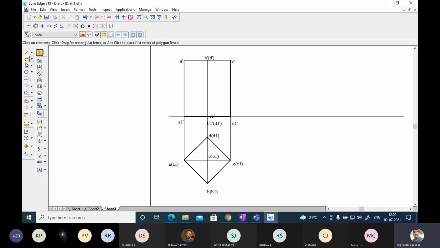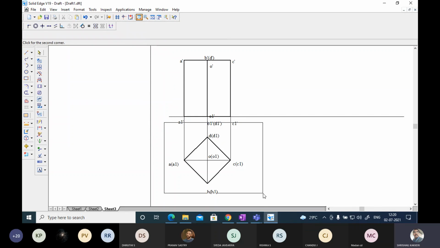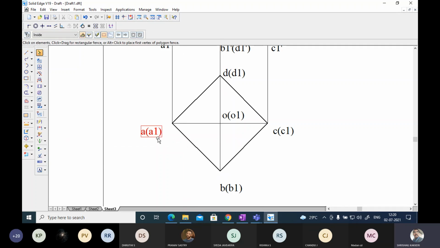This I have written 0, I think. Let me write as O. Okay, O dash, and you can keep them neatly. Neatly, you can keep them so aesthetically it looks nice.